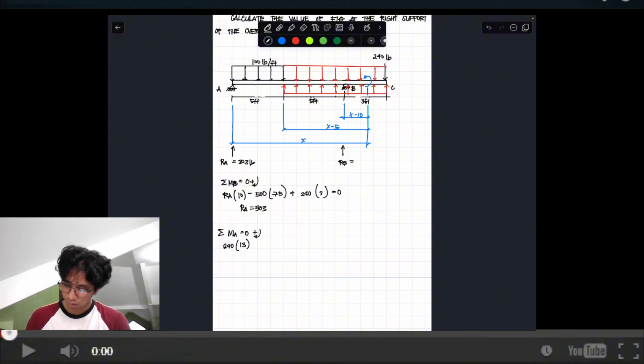And then wait, tama. Ito, ang RB natin is pa-counterclockwise siya. Yung ikot niya is counterclockwise. Pag ganyan, puntang A, kaya negative. Negative RB multiplied by 10 plus